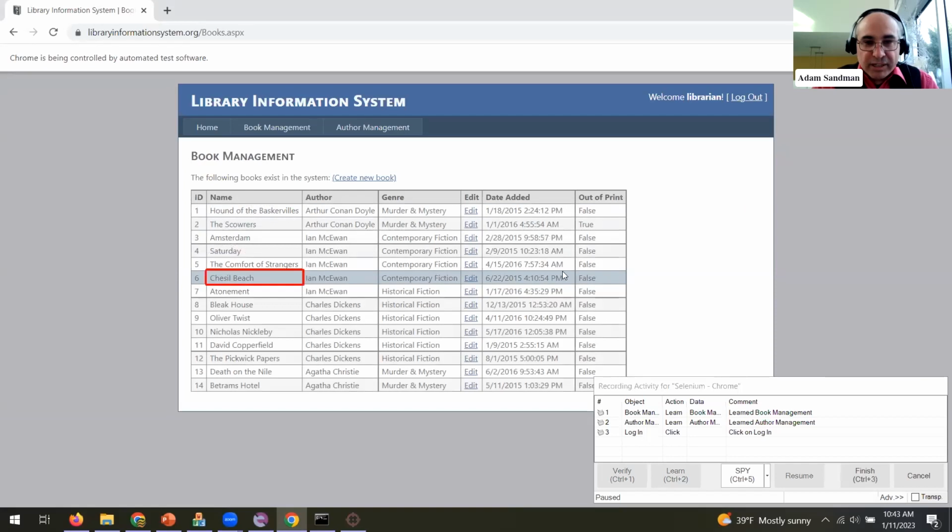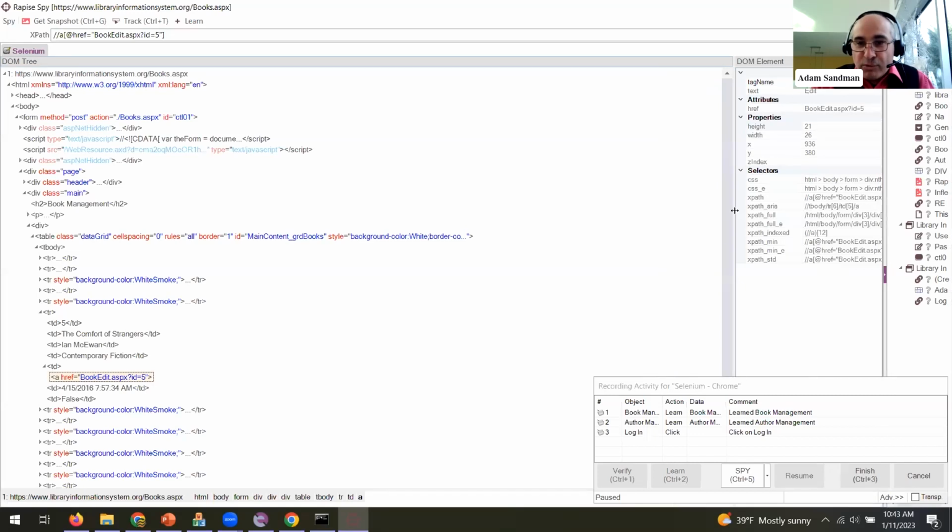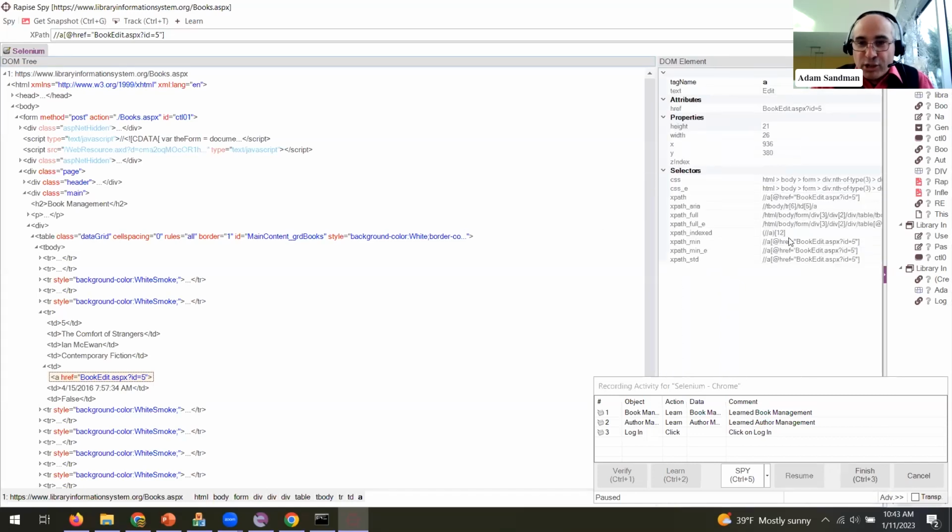Let's say I want to look at this link. It's really useful. Can do Control T. It's now taking me into the app. I can see the DOM, and now if I want to learn this web object, I can double click on it. It shows me the XPath of how it finds it, and that's also where some of the intelligence comes in. Rapise has different options for learning XPath, and when it learns it and doing recording,